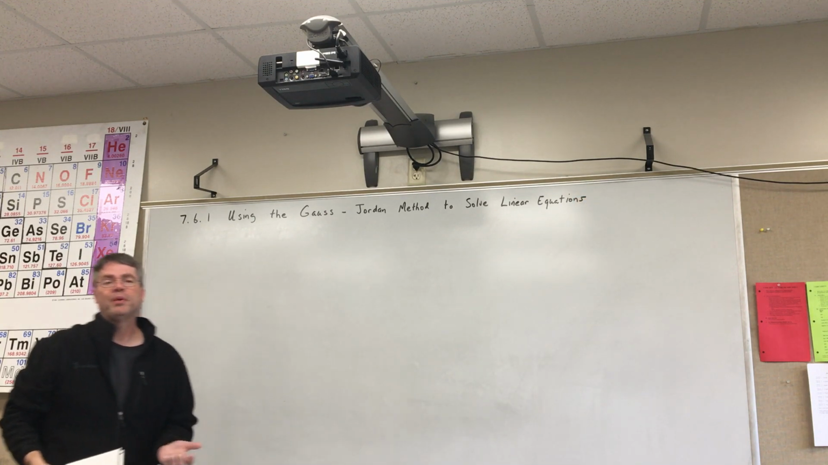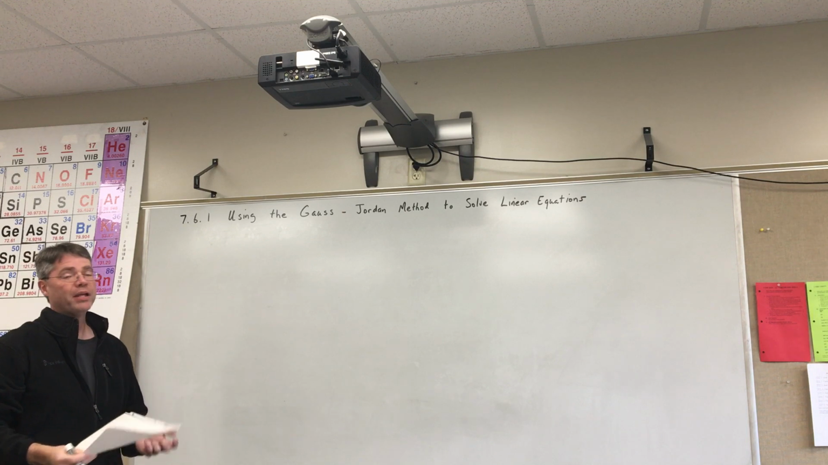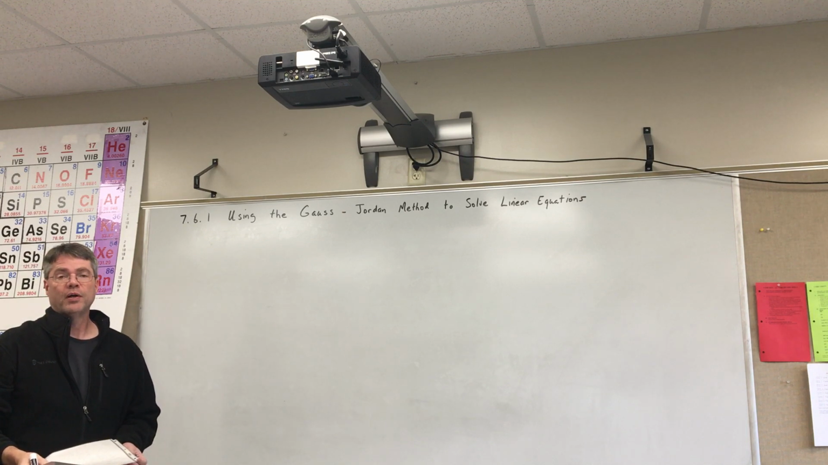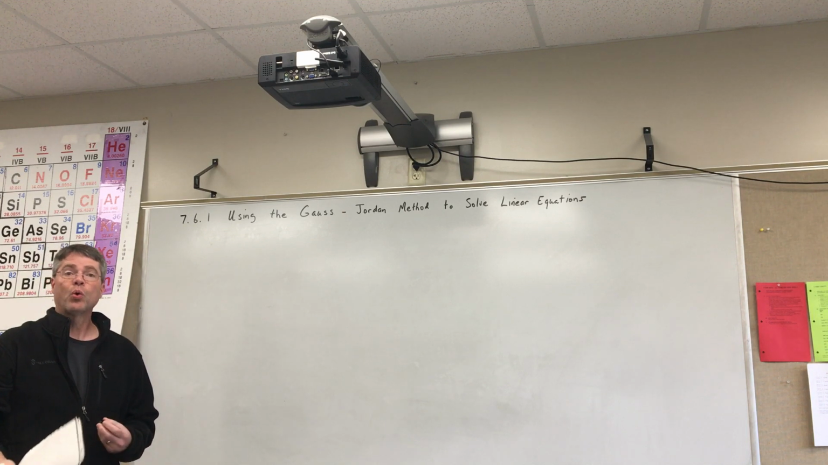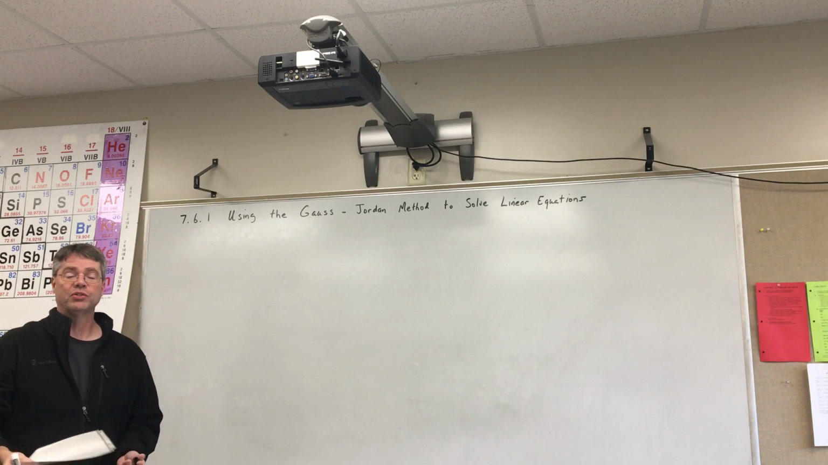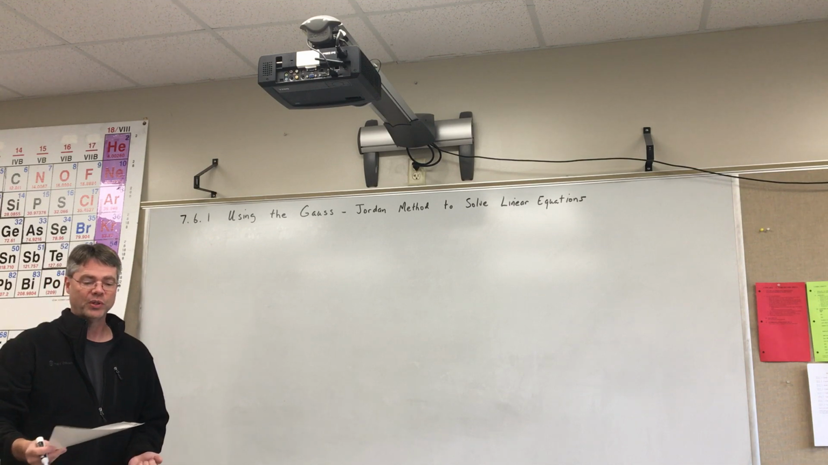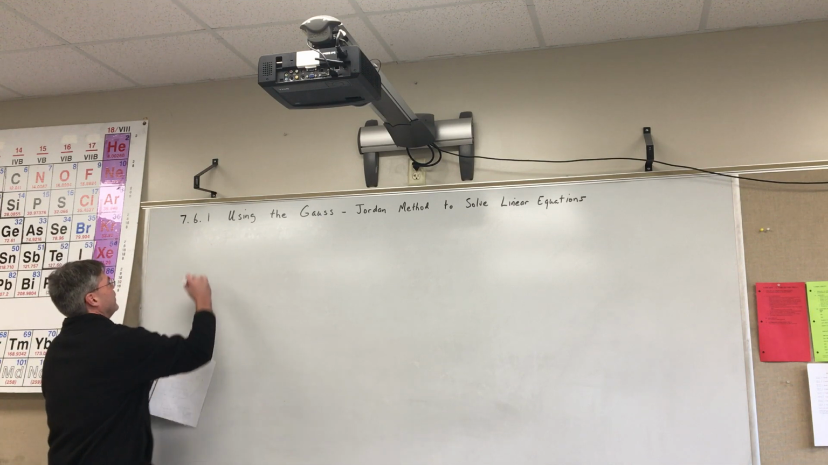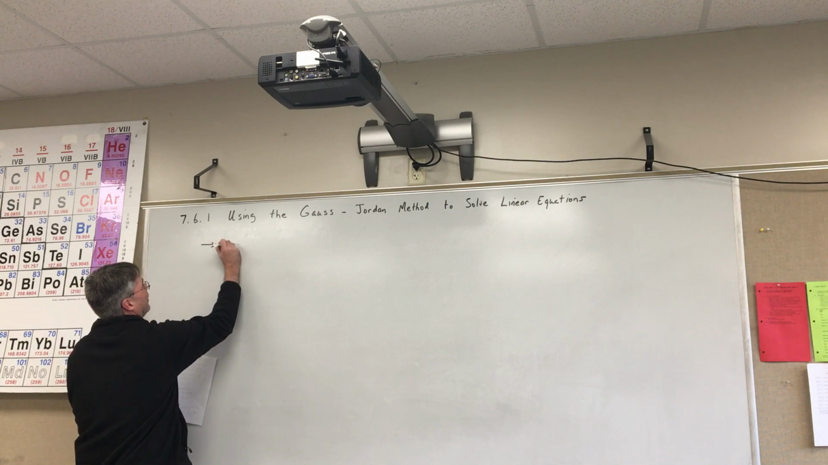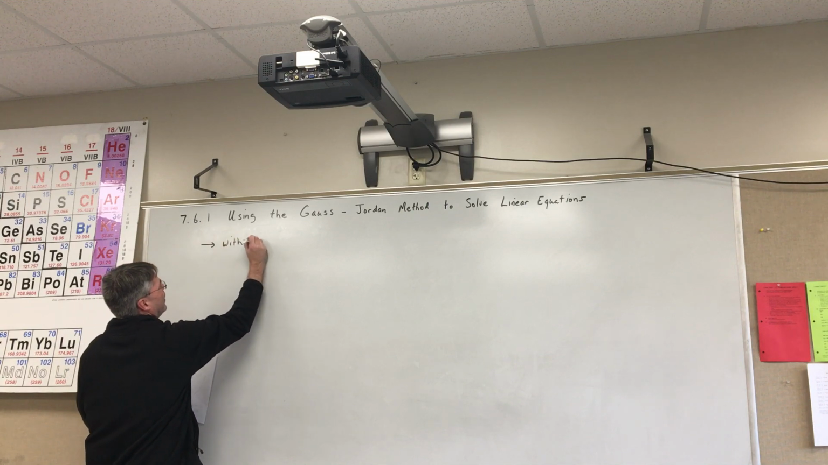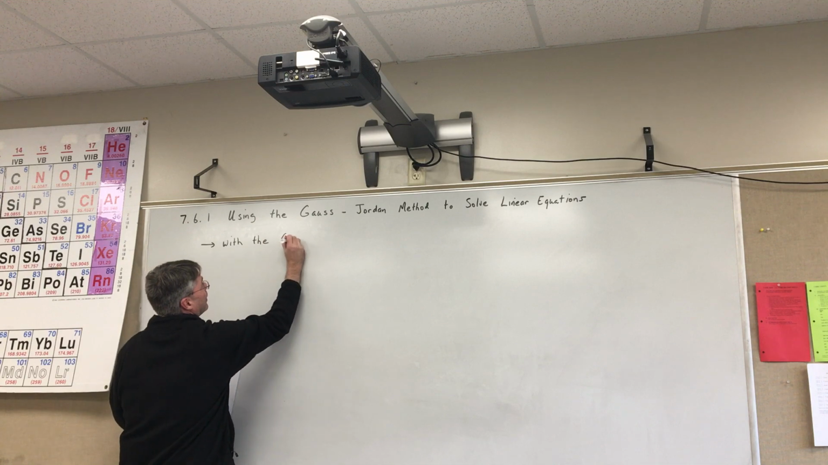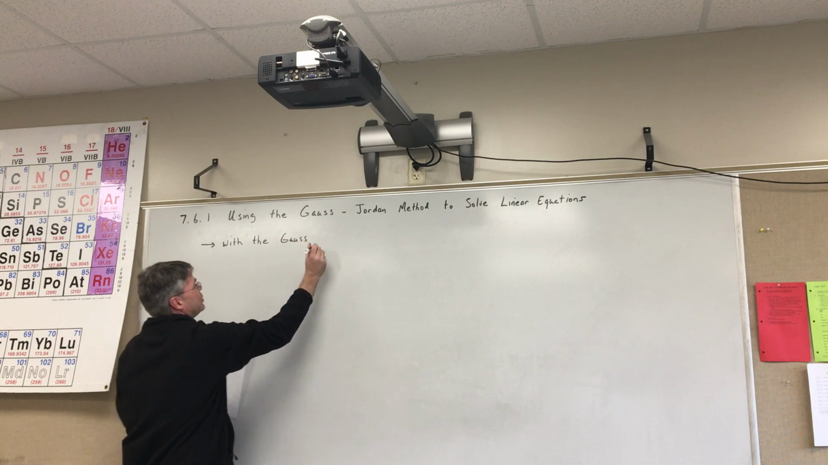All right, the Gauss-Jordan method is just simply a way of using matrices as a shortcut using the elimination method to solve a system of equations. We're only going to go through two equations and two unknowns with this method, but if you get good at it, it's really a fast way to do elimination. And so the rules are with the Gauss-Jordan method,